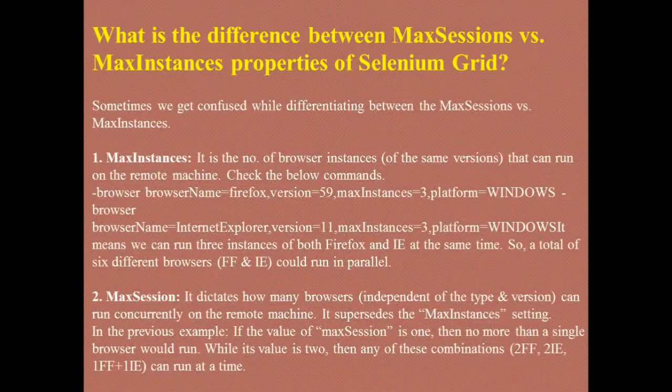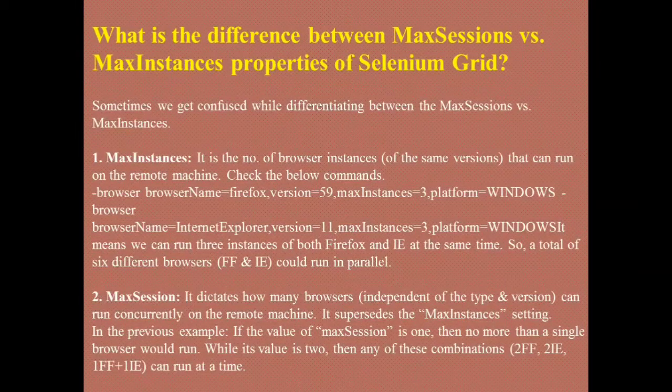What is the difference between the maxSession and maxInstances properties of Selenium Grid? Sometimes we get confused while differentiating between them. maxInstances is the number of browser instances that can run on the remote machine.